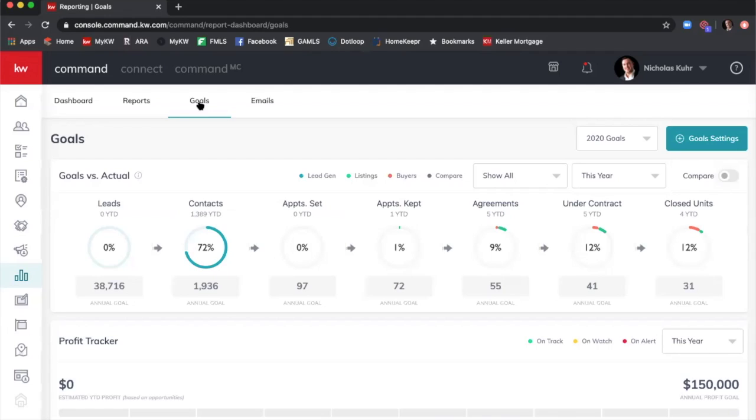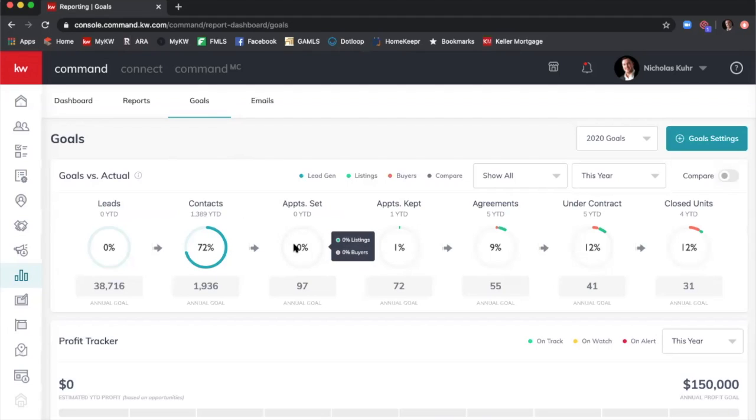You may want to go through and reproject out what the second half of the year looks like for you. Where are your gaps that you need to pick up on? Do you have any clients that are going to wait till next year for buyers or sellers? So update your goals here, and this will keep track of your total leads, all of your contacts, and how